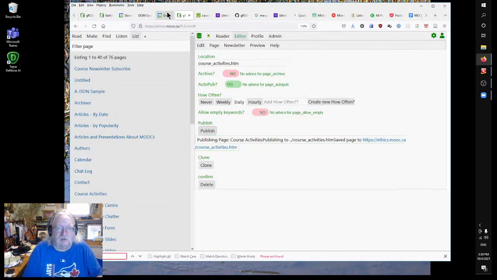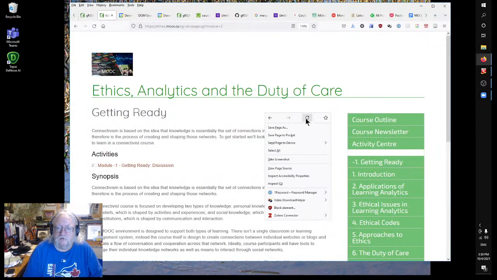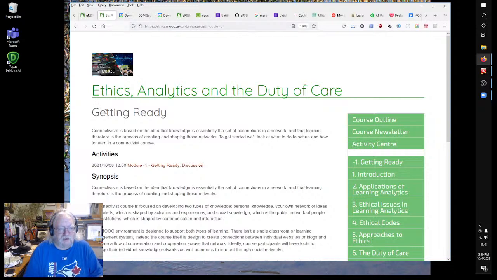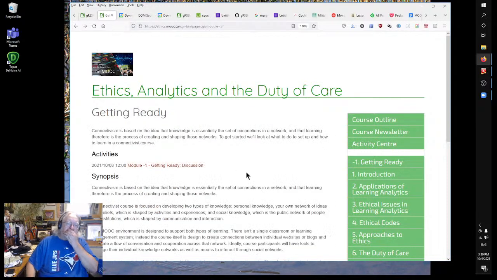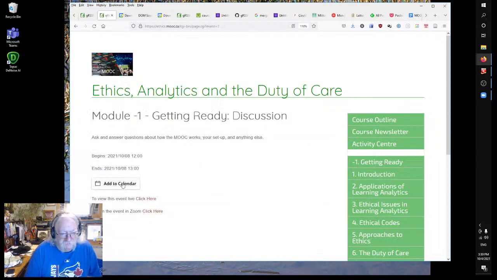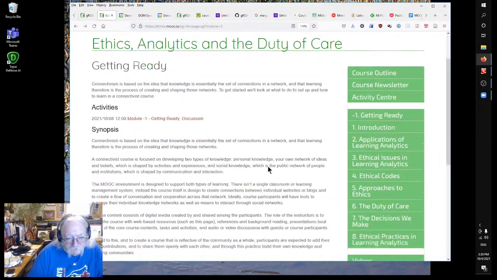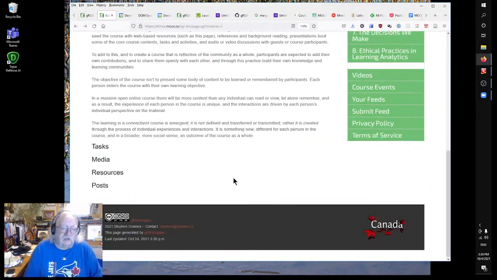So now let's have a look at the page. Getting ready, here's the event, getting ready discussion. We click on that. Here's this discussion. We can add it to the calendar. Now, I could have little add calendar buttons here or on the activity center. It's kind of tempting. I might do that, but I haven't yet. It's again six of one, half a dozen of the other. I don't want these buttons just cluttering everywhere. I want to keep things nice and clean, but